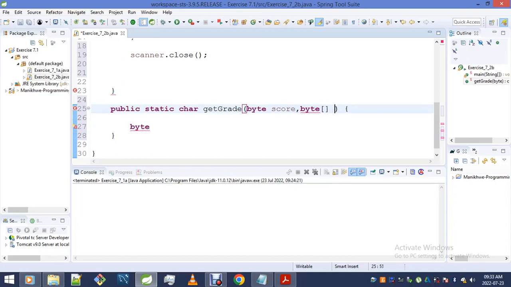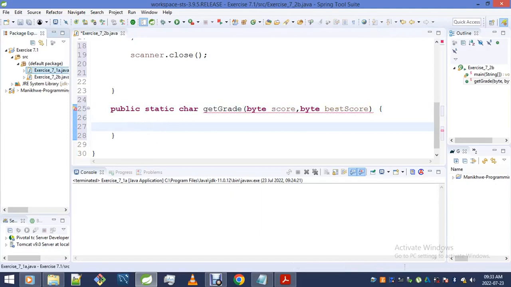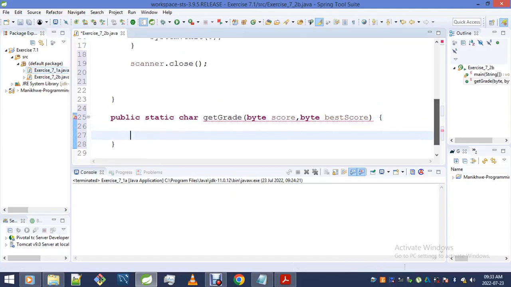Okay, for the sake of demonstrating certain things, let me go. I don't want bytes, I'll go best score. Okay, so ideally here, for the sake of avoiding